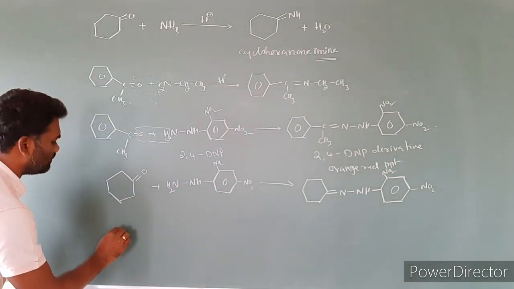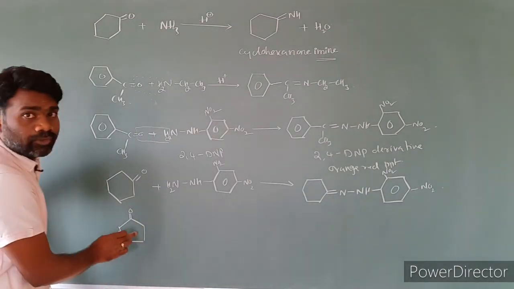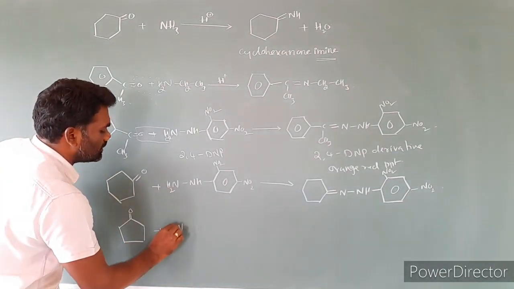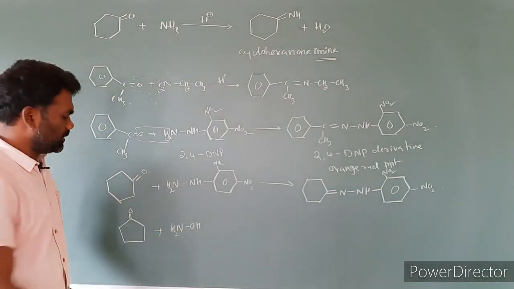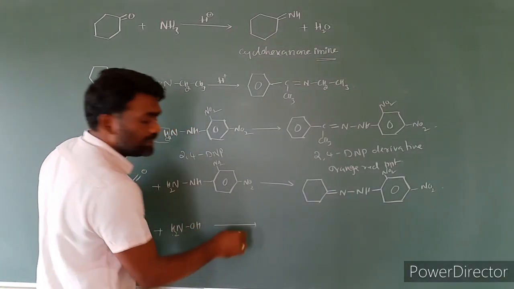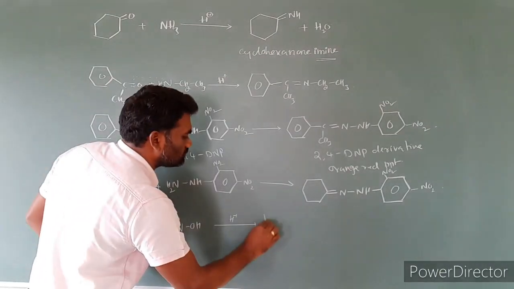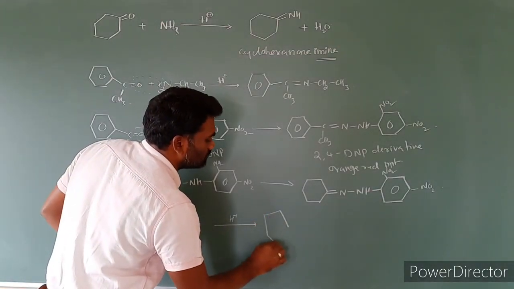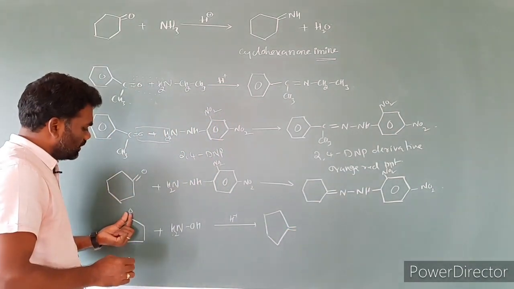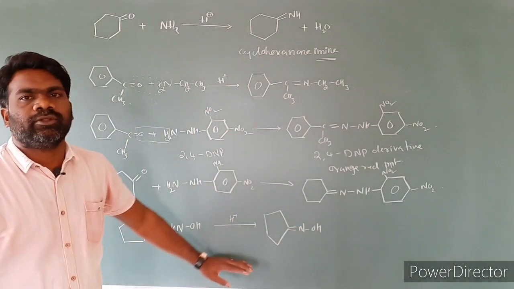And you can take one more reaction. I am taking cyclopentanone. This cyclopentanone is treated with NH2OH. This oxygen and this hydrogen are eliminated in the form of water. This reaction is also catalyzed in acidic medium. All the reactions are in acidic medium. Then double bond, this ring I wrote like this, you can write it either way, nothing wrong. Double bond, this element eliminated in the form of water, NOH. So this is the product formed in this reaction.